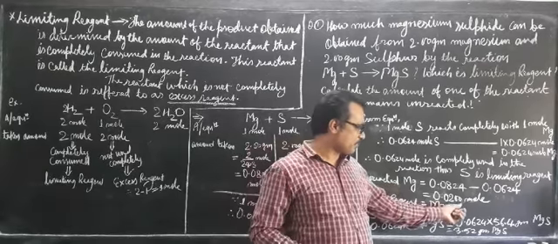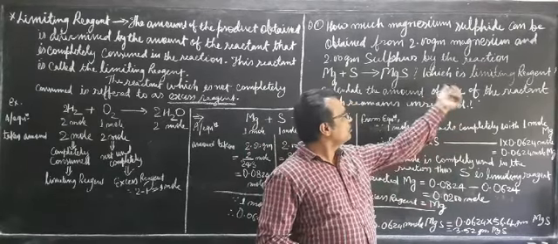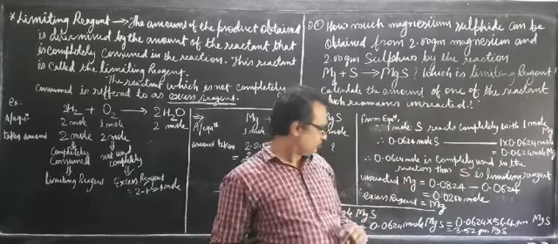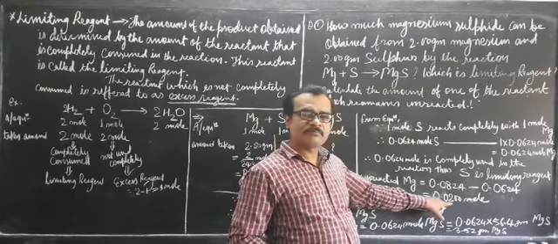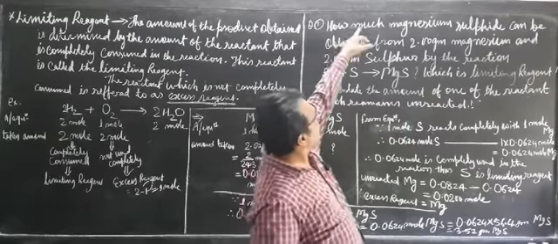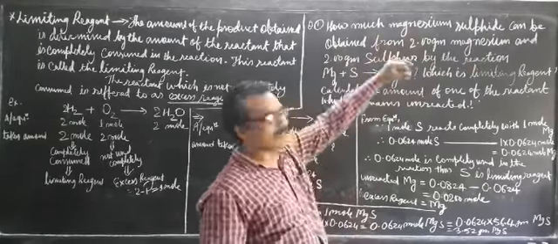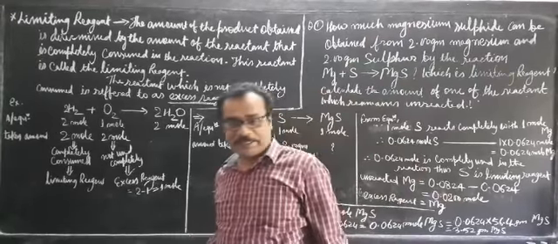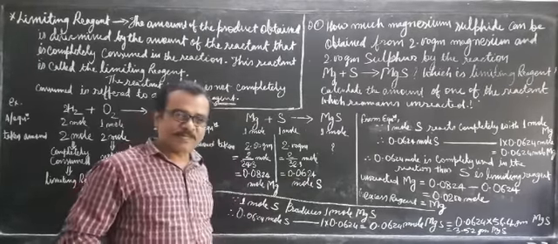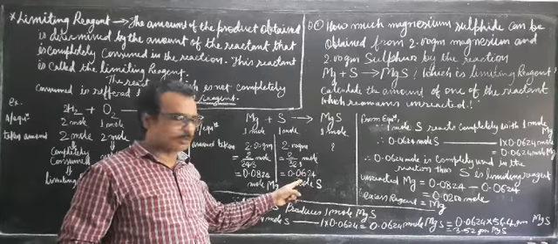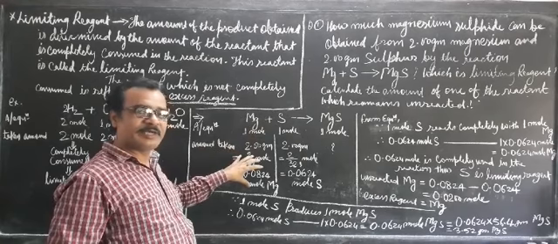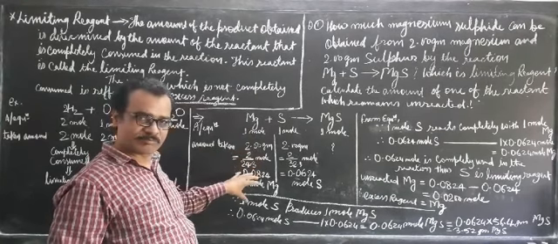Unreacted magnesium, how much? This much mole is remaining. We have been asked to find out how much amount is remaining unreacted. So this much amount of magnesium remains unreacted, which is the excess reagent magnesium. And the first question: how much magnesium sulfide can be obtained? How much magnesium sulfide will you get in this process? Since sulfur is completely used up, it is the limiting reagent, so we will consider this amount. Since magnesium is not used up completely in the reaction, we will not consider this one.